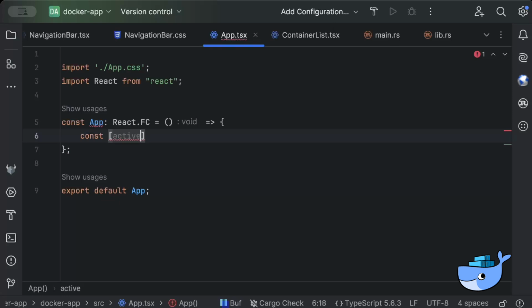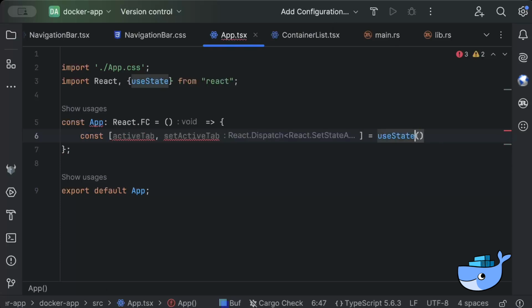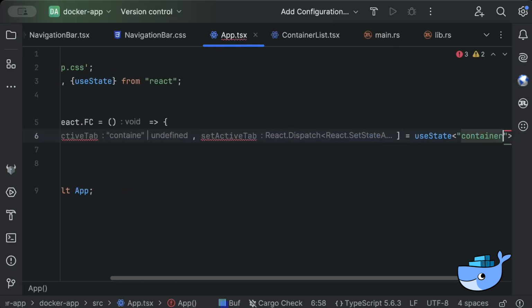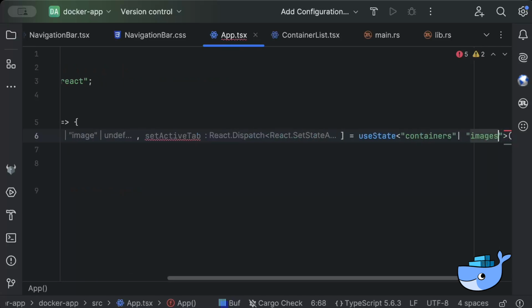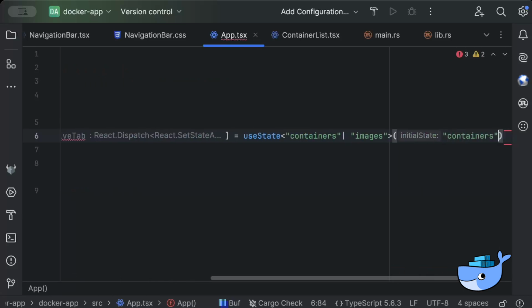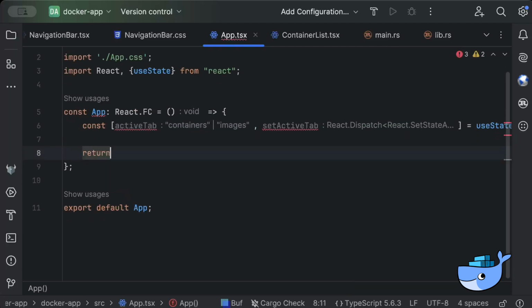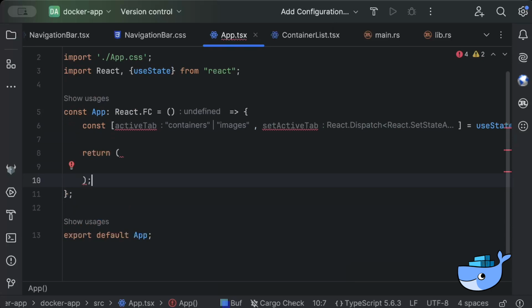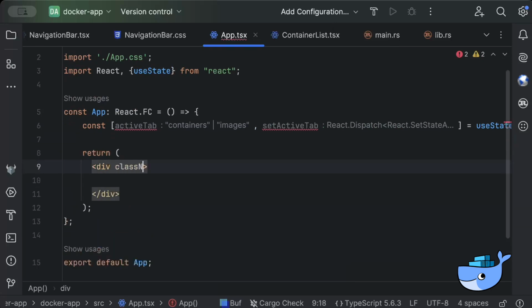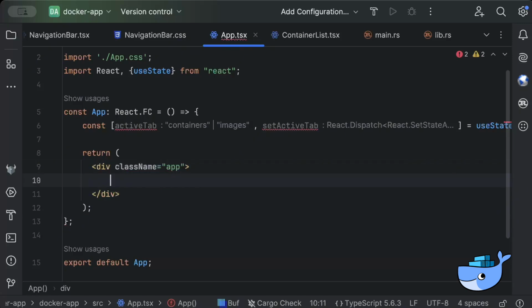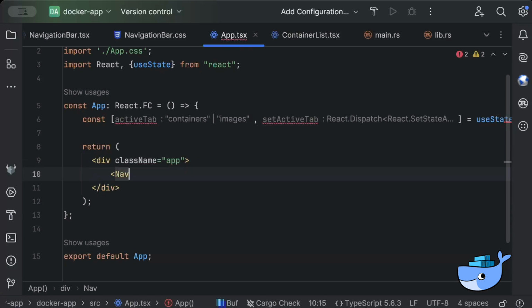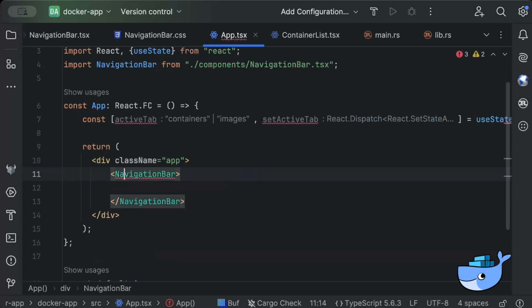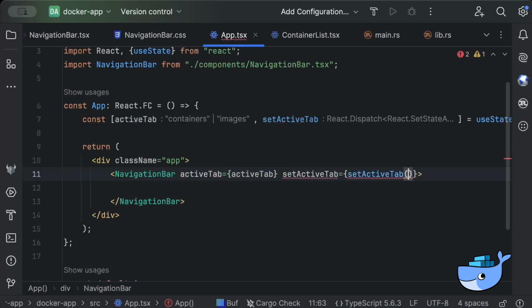Const active tab, set active tab, useState, and containers or images, and start with containers, and return div className as app, and then we use our navigation bar, the component that we just added, activeTab as activeTab, and setActiveTab as setActiveTab,